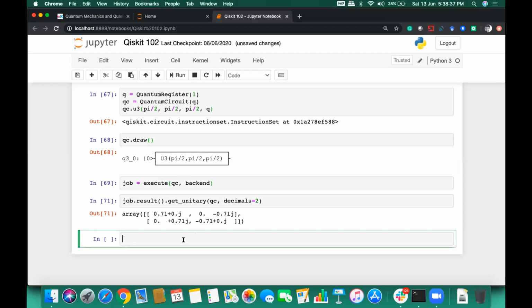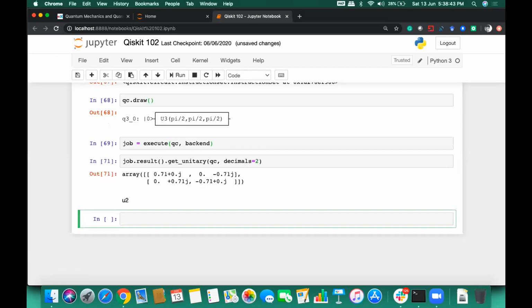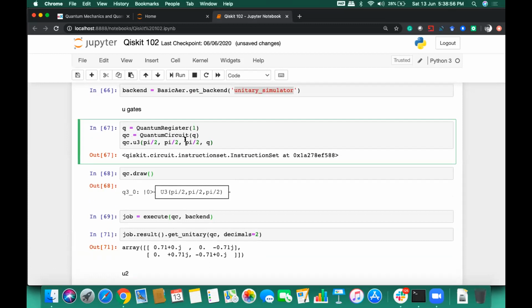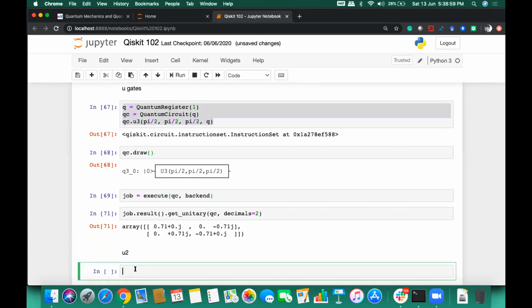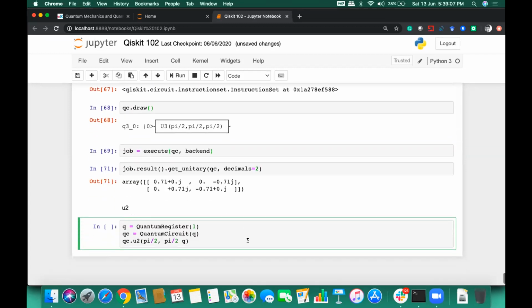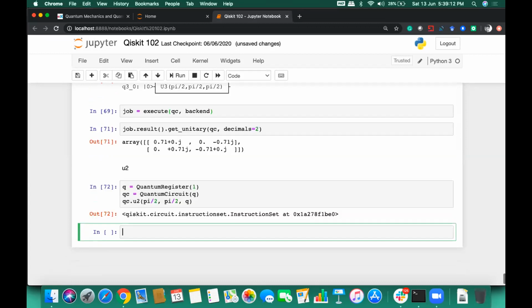Okay, similarly we have the U2 unitary 2 gate. If you want to create a superposition, then U2 gates are useful. So for creating this, the code will be the same. So instead of typing, which will take time, I will copy and paste. I can just change this to U2, and I will be passing 2 phases here instead of 3. All right. So we can create a U2 gate, and the explanation is already given.